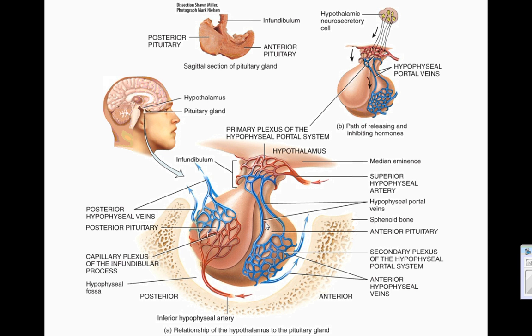But with a portal system, we pump blood from the heart into arteries, then into capillaries. So the first couple steps are the same. But then we have either one or multiple portal veins, which then carry the blood to a second set of capillaries. And then we make our way into the veins and then on to the heart,